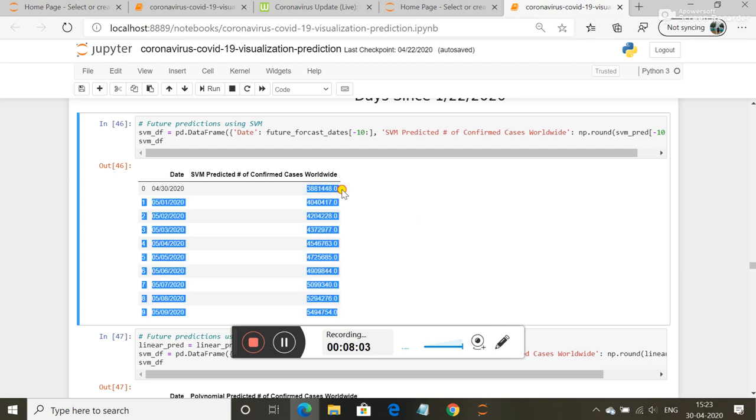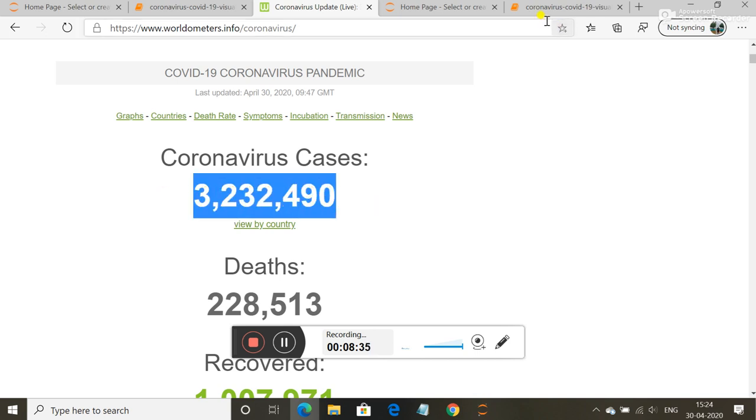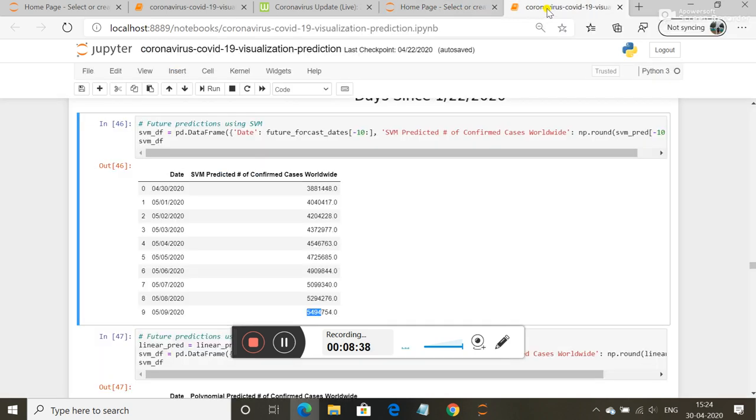Okay, so it means the lockdown implemented by various governments in different countries is working fine. Otherwise we would be seeing around 38 lakh, but today we are seeing 32 lakh. So that's working very precisely. So this is 9th of May and the total number of cases is 54 lakh. It is showing that on 9th of May, cases would be 54 lakh 94,754. But the way we are implementing lockdown in every country, I believe the cases would not be more than 40 lakhs. So that's how lockdown is working, and this SVM model is predicting that.